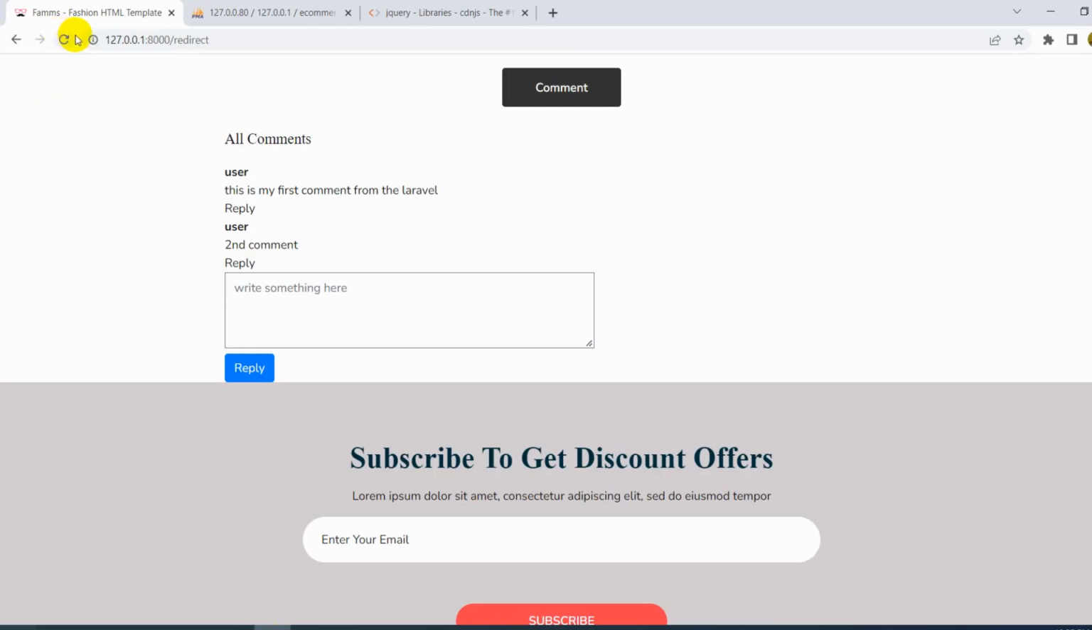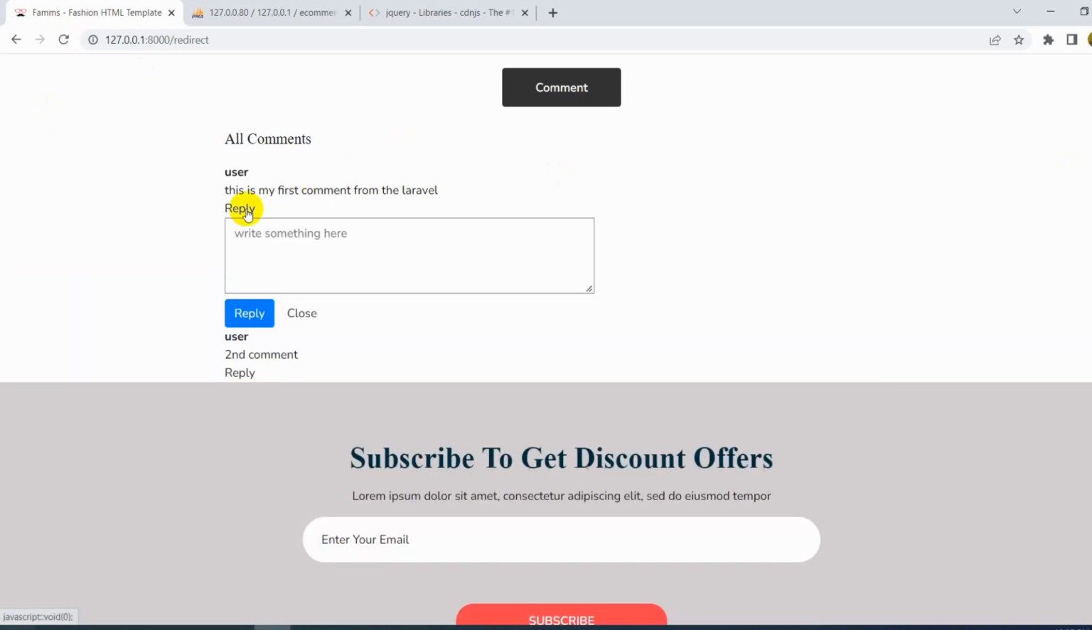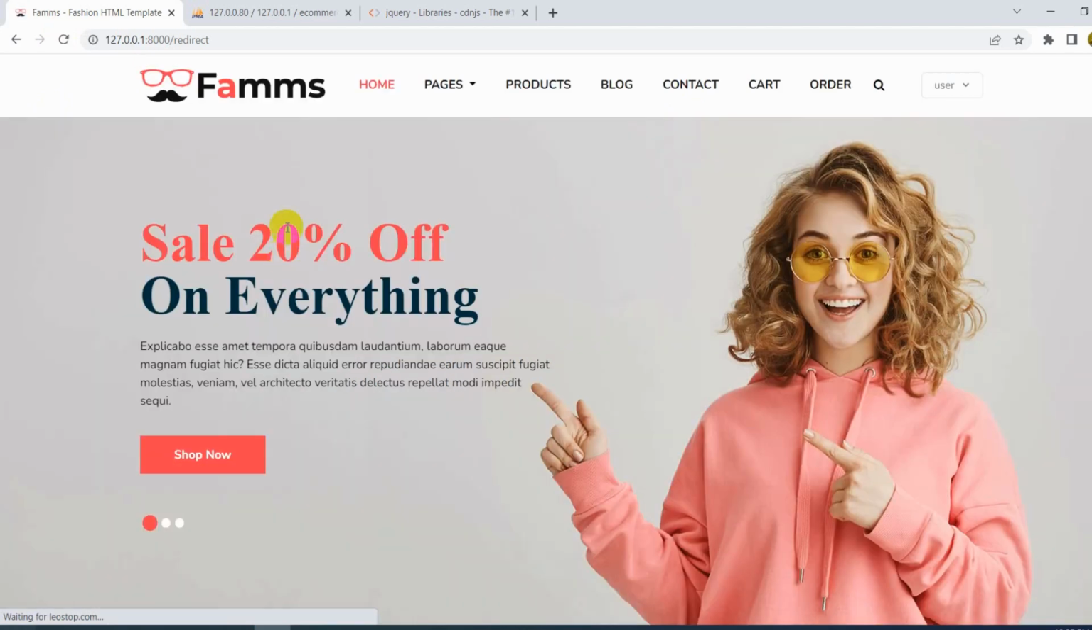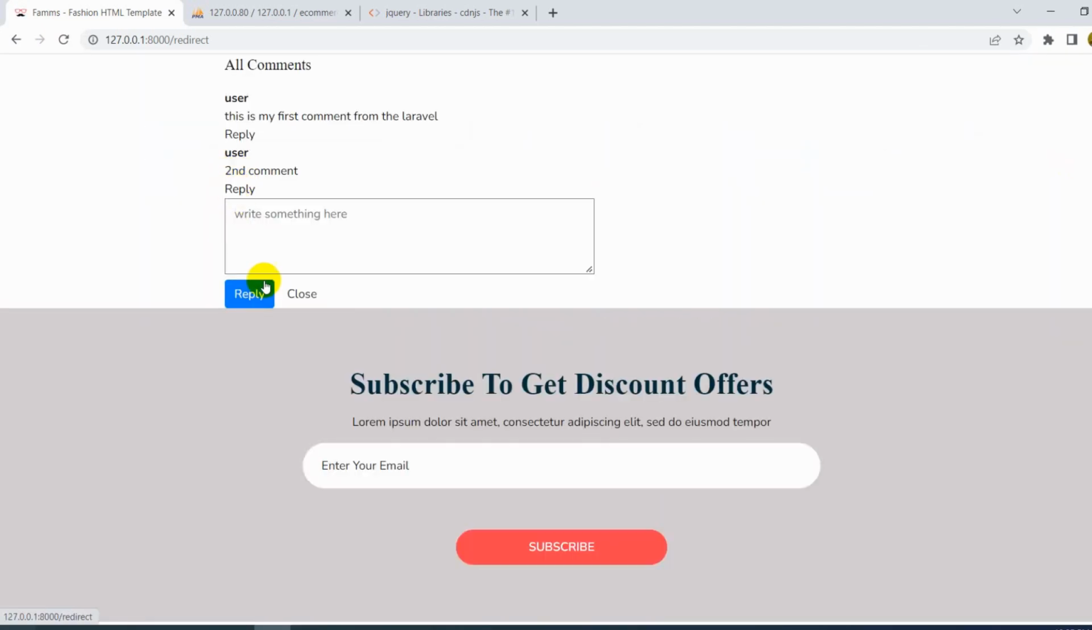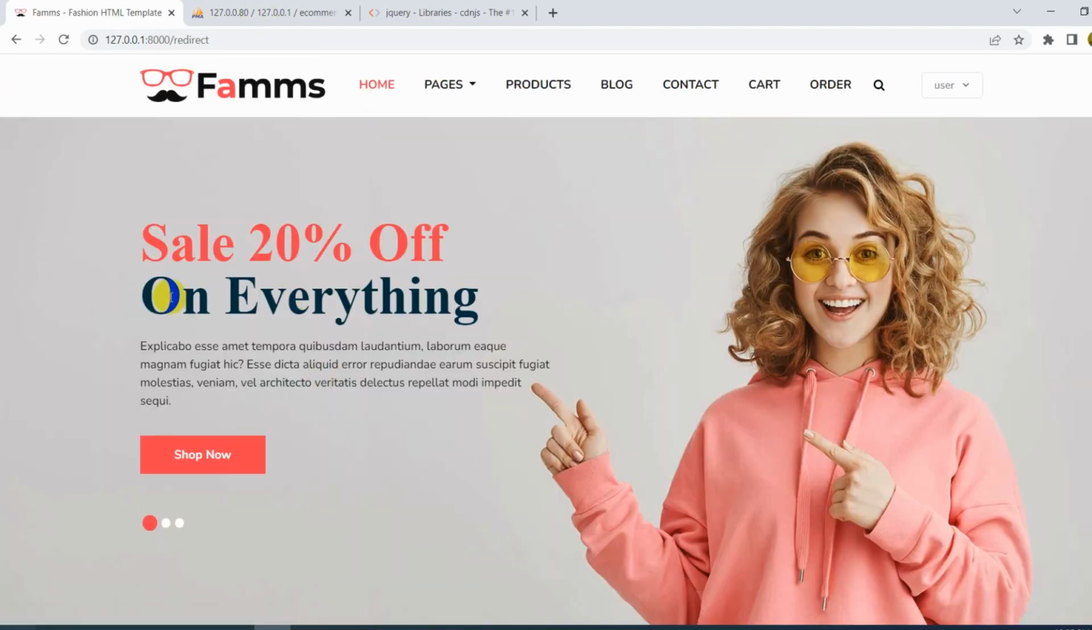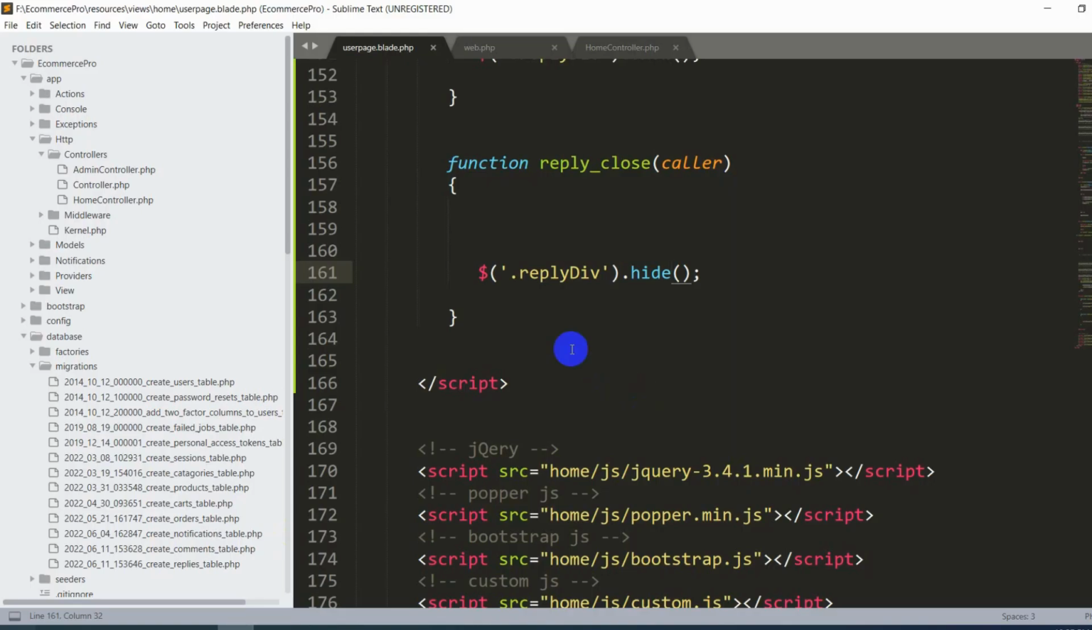Save it, then let's just refresh again, and let's click this reply. And here you can see we have a close option. If we click close, it closed. And if we click this reply, if we click close, it closed. Okay, it's reloading. So what we'll do is that